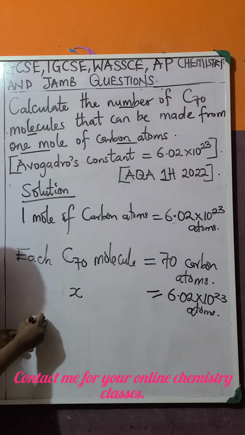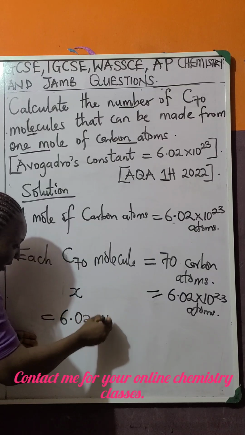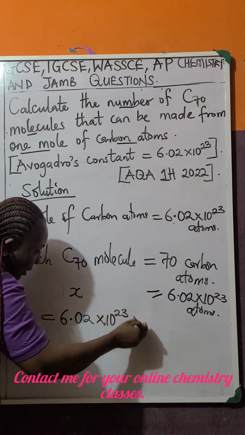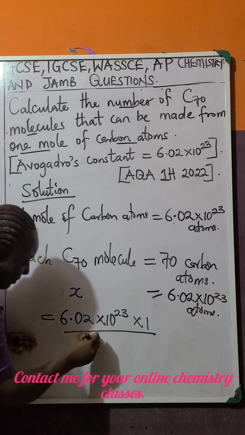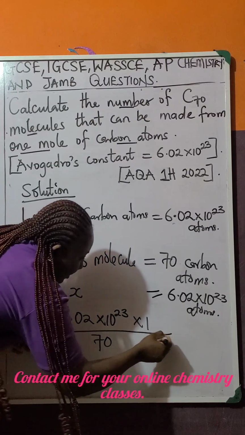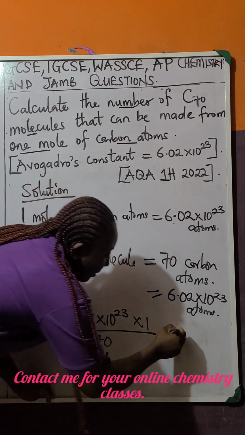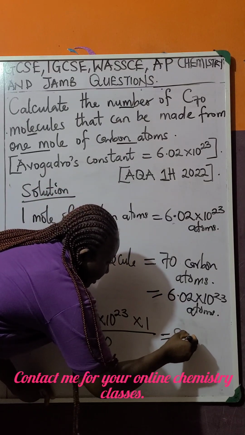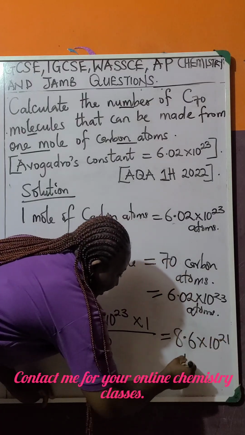If I cross multiply, I will have 6.02 times 10 raised to power 23 times 1 divided by 70. So if I divide, I'll have 8.6 times 10 raised to power 21